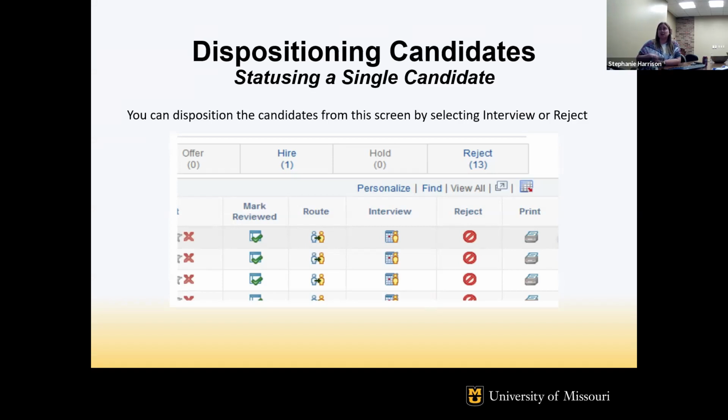But letting us know and putting in eRecruit what people were actually considered for the position, it's part of the documentation process that is required of us in terms of equal opportunity. And if we were to ever be audited, then we would be able to prove who was considered for positions, who we interviewed, who was rejected, and why.